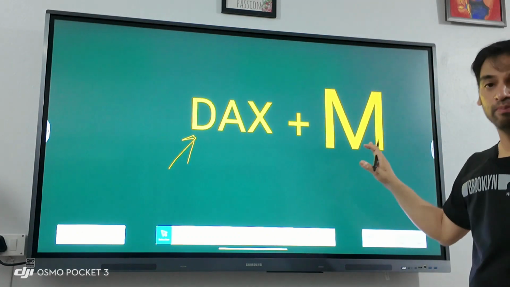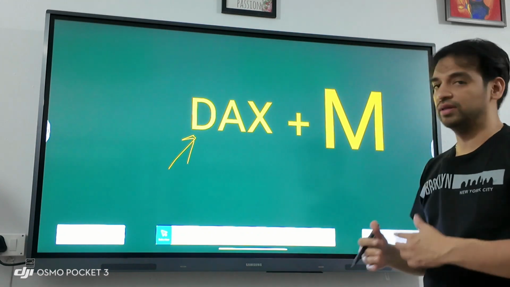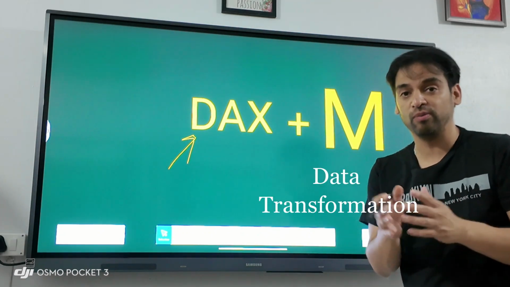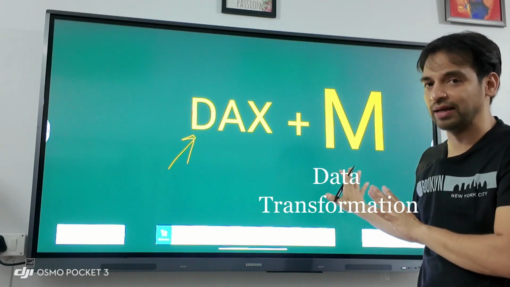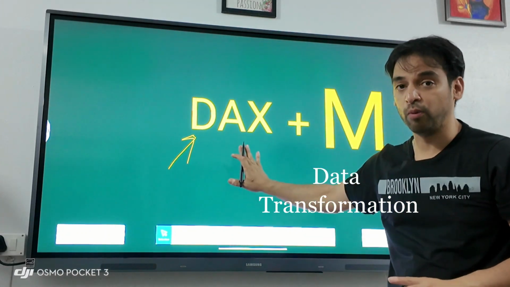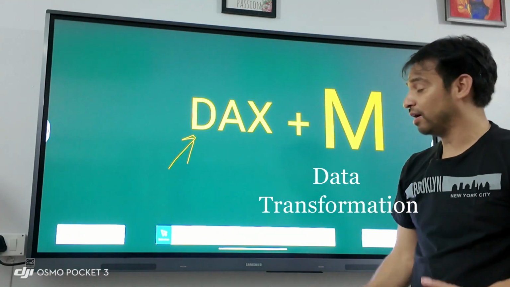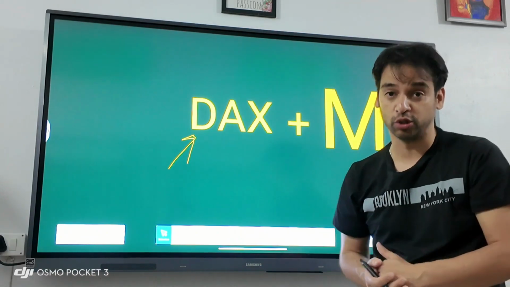Along with that, you have Power Query language as well, or the M query language, which is more about data transformation. This is something that you need to be aware of. Behind the scenes, it is M language, and you need to have knowledge of that as well. But as a package, you need to learn more compared to another tool like Tableau, for sure.